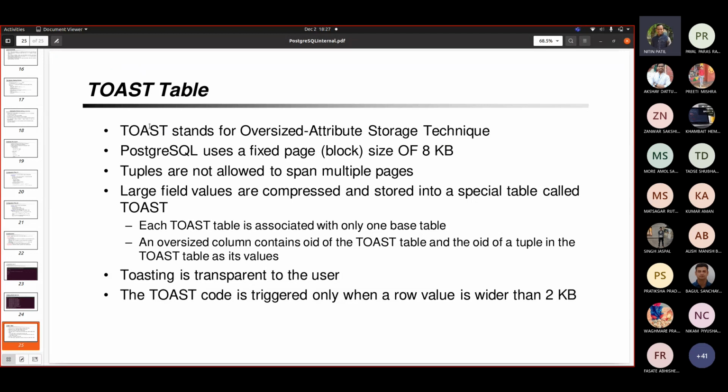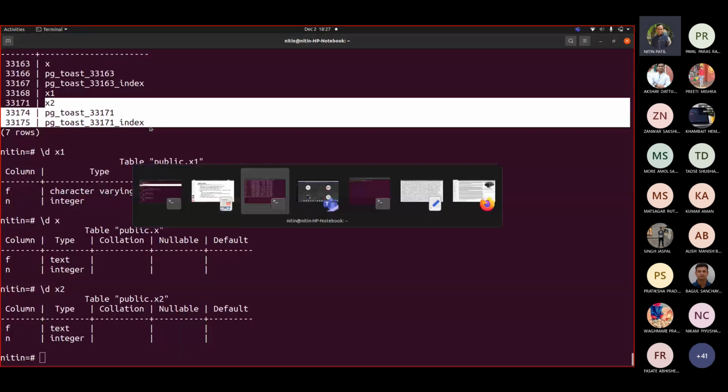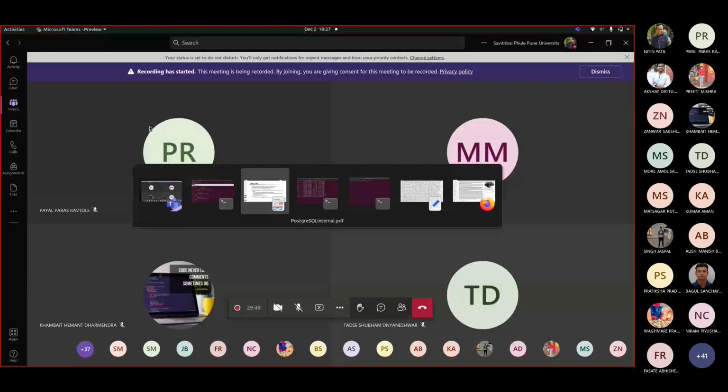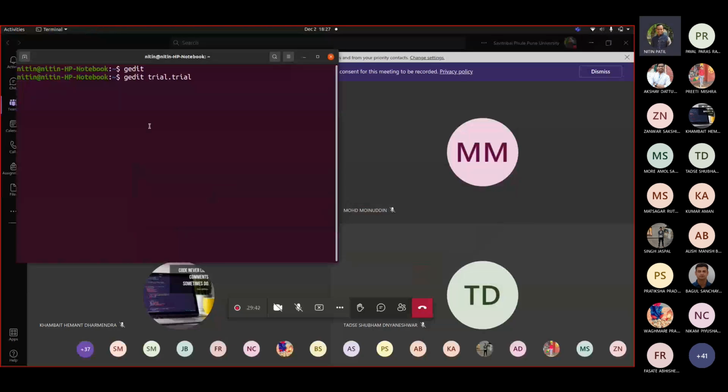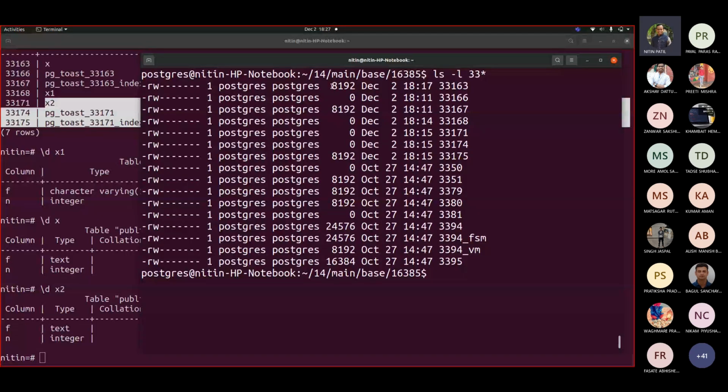We saw that whenever we start inserting records, like here, the number of records is very small in our case. Only 2, 3 records are there. That's why it could fit into 8192 bytes.